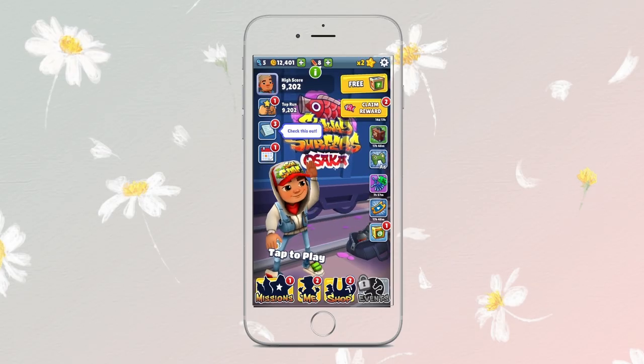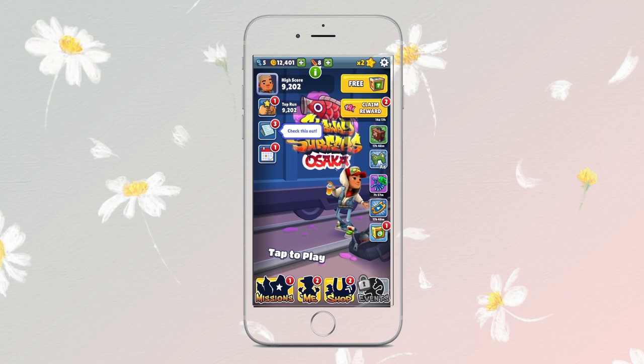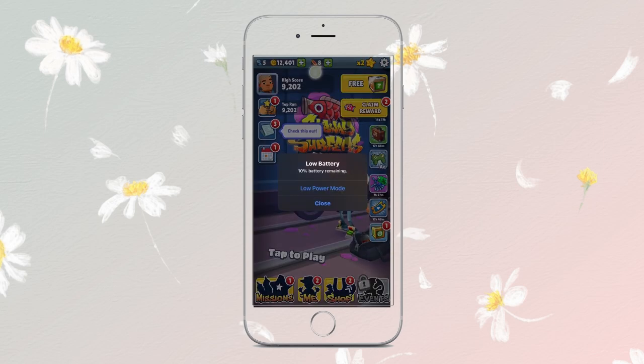And that's how you find your username in Subway Surfer quickly, easily, and you are ready to show off your